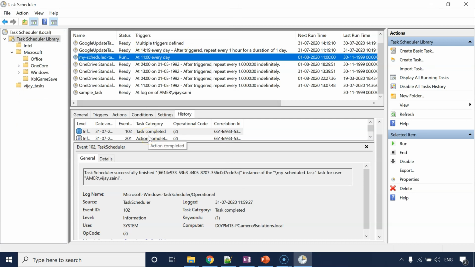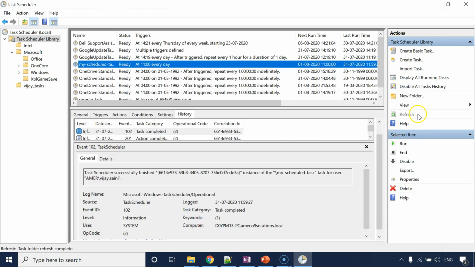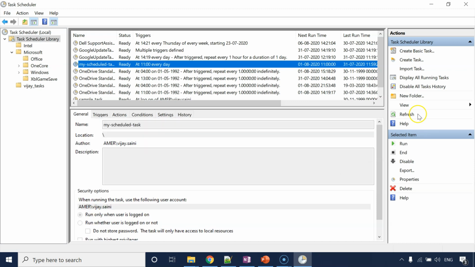Alright, my dear friends. So in this lecture, we tried to cover task scheduler in detail. There are few more options which we have left, but they are self-explanatory. So I do not want to make the lecture too long and boring. So let's wind up the lecture here. With this knowledge, I am sure you will be able to make use of task scheduler in scheduling some of your workload.